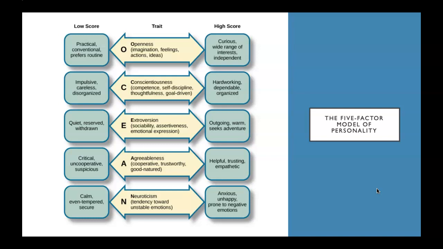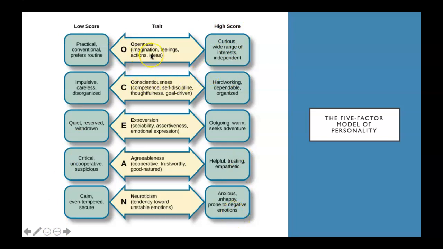So these are what is believed to be the big five, meaning that all personality traits can fall within these very broad traits. So openness is your imagination, feelings, actions, ideas. This is kind of like your willingness to engage in new tasks. So as you'll see here on the left, if you score low on a different trait, they're going to show kind of what type of behaviors you may exhibit. Whereas if you score high, it'll show what kind of behaviors you may have if you score high.